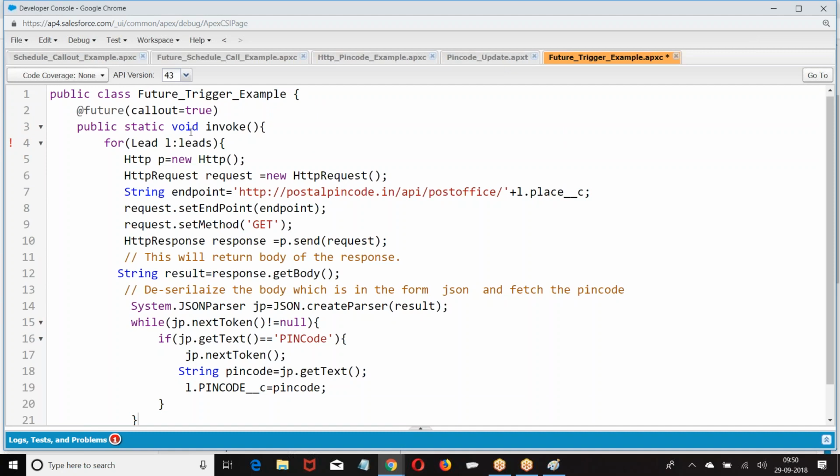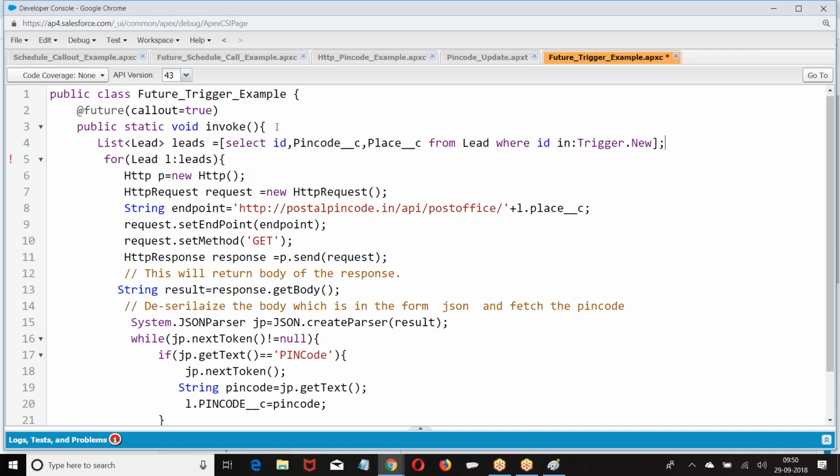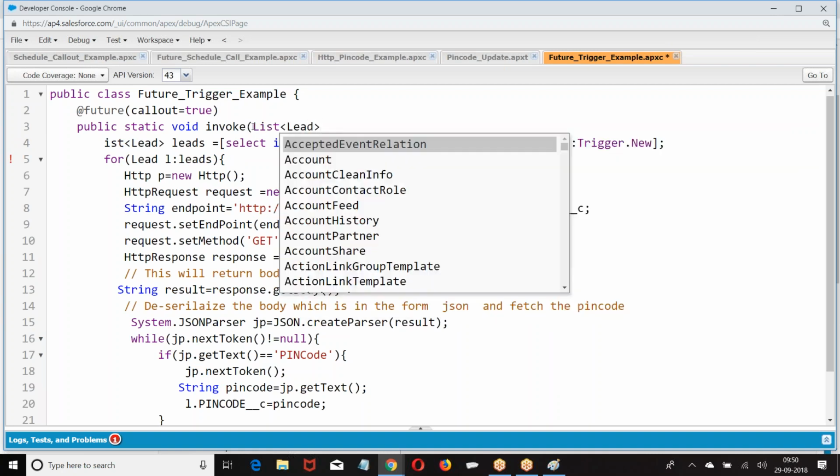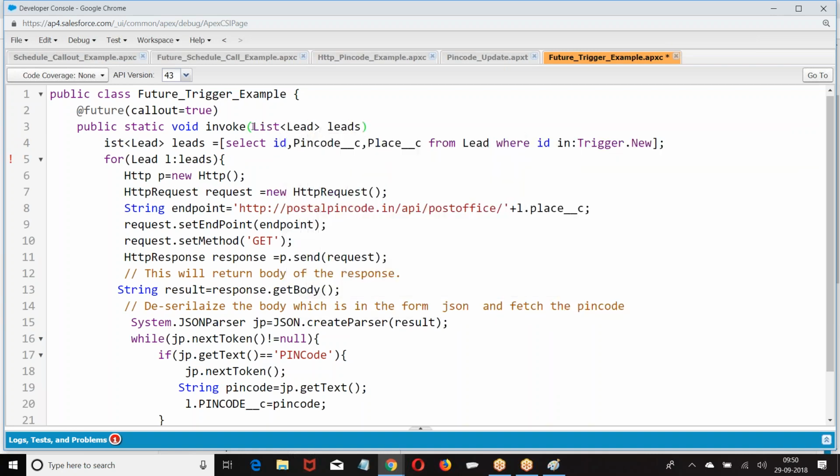Okay. Now we are taking this. Everything is good, but the future method will not accept a list of leads. I need a list of leads. If you pass the list of leads which you have inserted,